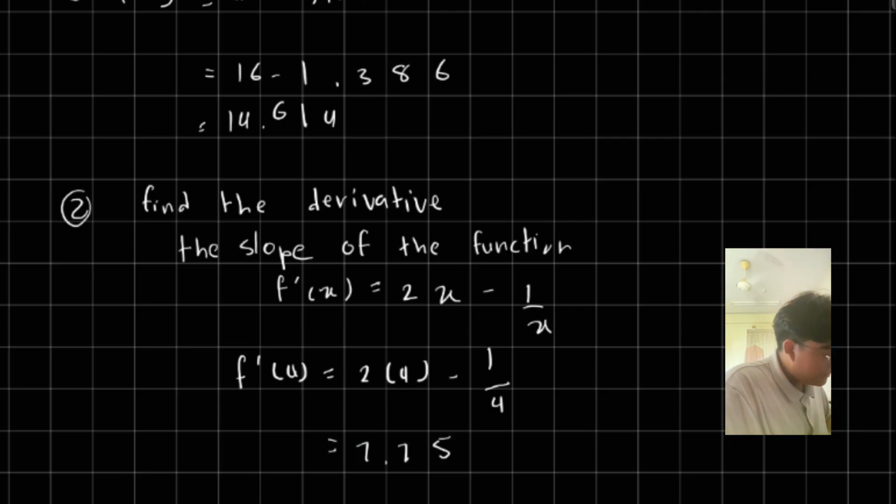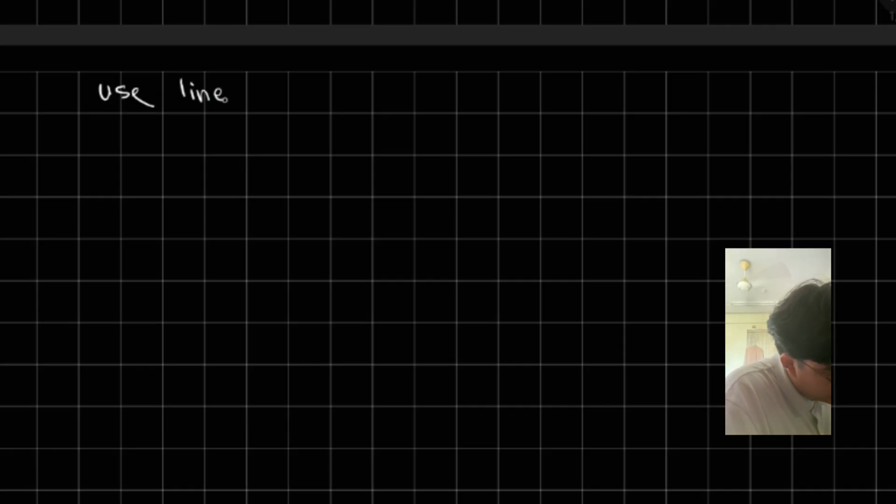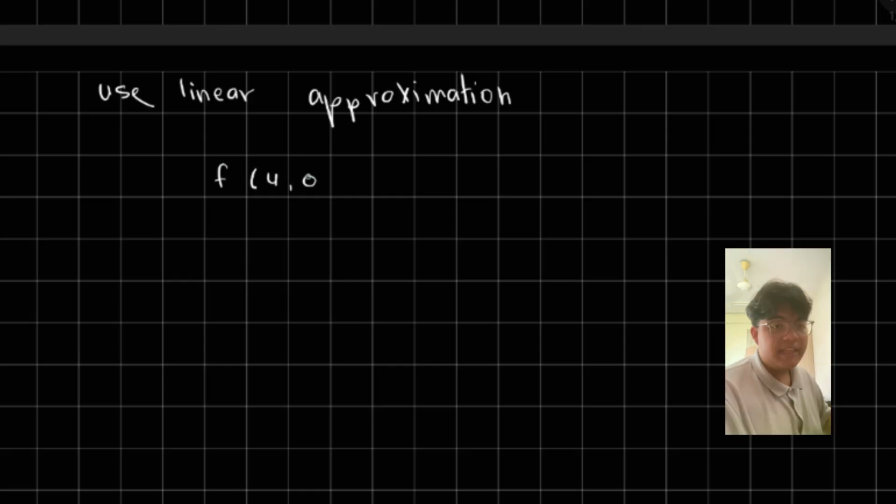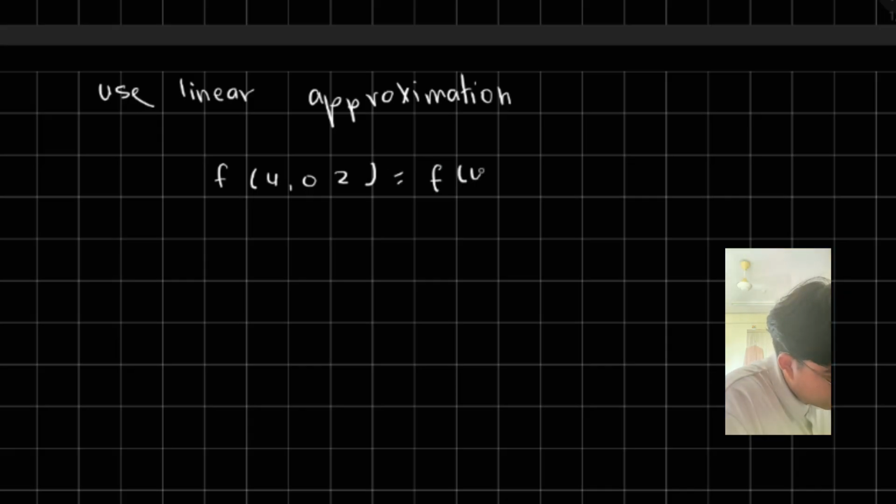And now for step 3, use linear approximation. Okay, in this one we know the linear approximation formula. In this question we need to find f(4.02). So f(4.02) is equal to f(4) plus f prime 4